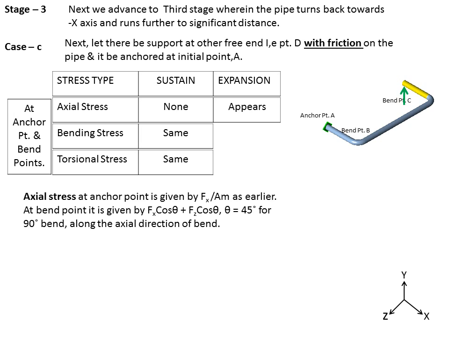At bend point, it is given by the relation Fx cos theta plus Fz cos theta. That is the resultant of the x direction and z direction of the force in which the pipe is running. Pipe is running in the x and z direction, and therefore at bend point B, we have the resultant across the x and z direction given by the relation Fx cos theta plus Fz cos theta, and theta being 45